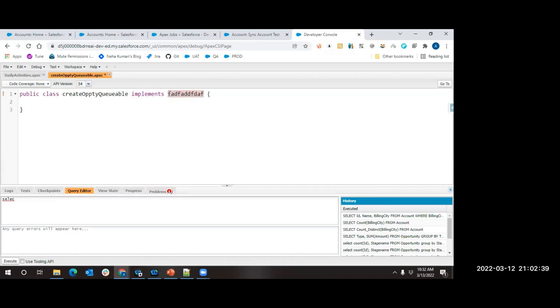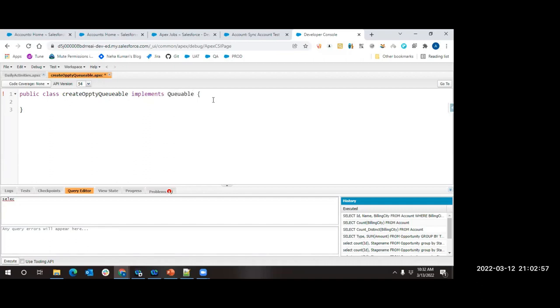When you use this keyword, immediately the system will understand that the user is trying to write some interface name here, and whatever methods are in this interface, all those methods should come into this class. The user should write code for all those methods for sure. If he is not using those methods, then I will not allow him to save. That is what it is telling. And now queueable is the interface name for us.